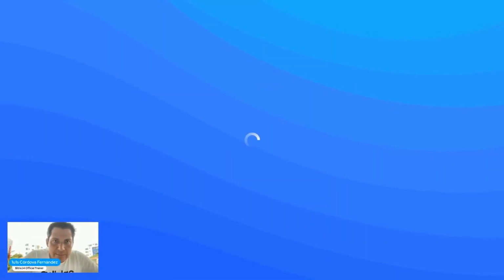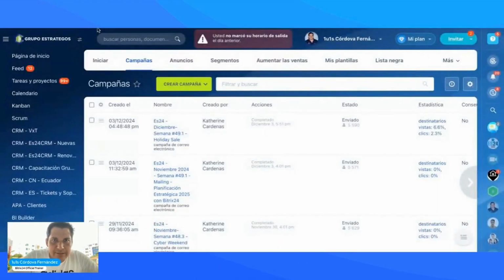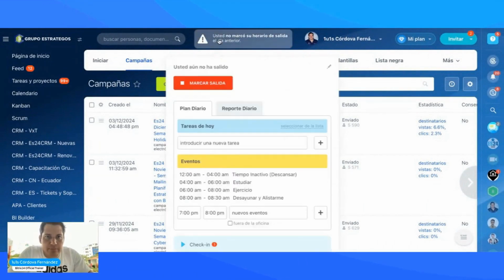So I think you can already see my screen. Let's see. I'm going to share here. Share screen. All right. You can see it now. Well, there is Bitrix, right? Let me just confirm that you can see the whole screen. All right. Well, so first,